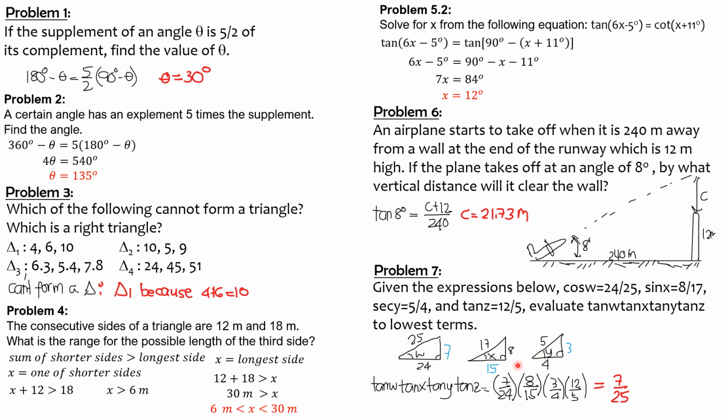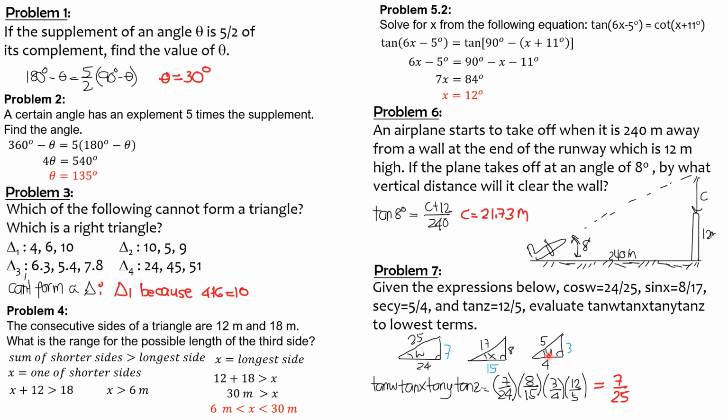Sine x is 8 opposite over hypotenuse 17. Then by Pythagoras theorem, if you're not familiar with the 8, 15, 17 proportion of sides in a right triangle, this is the square root of 17 squared minus 8 squared, so 15. Finally, 3, 4, 5 is common, and secant y is 5 over 4.